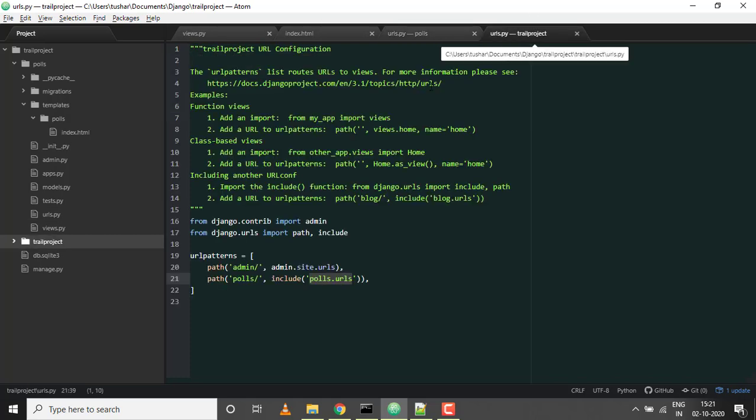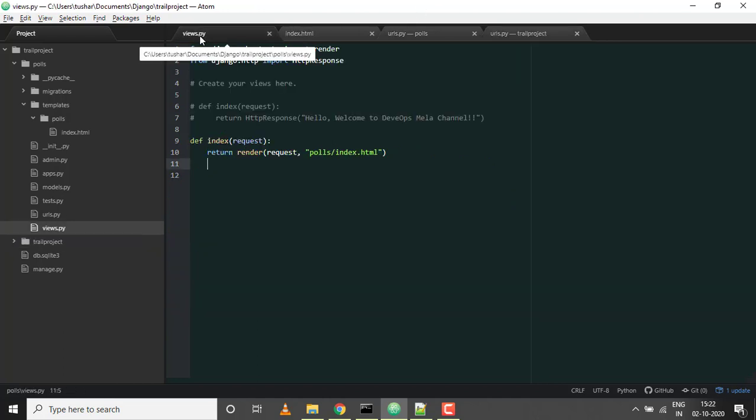The only setting I changed was updating my project urls.py file to go and look at polls.urls. And my view uses the function called render, which takes a request and the path of your template file.